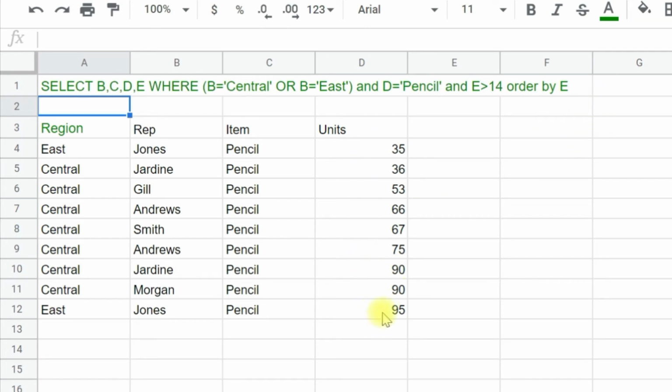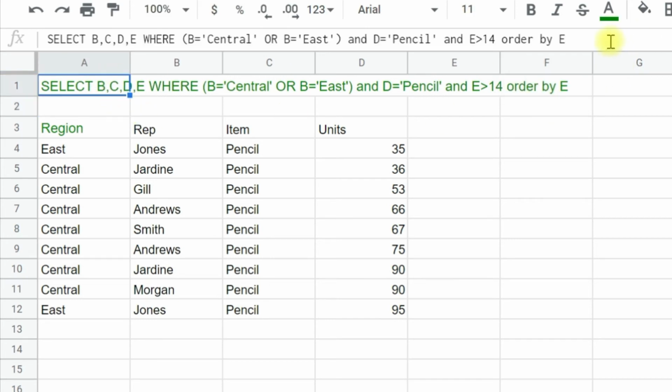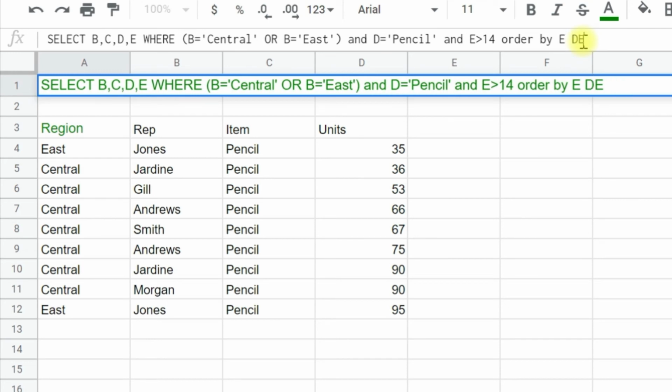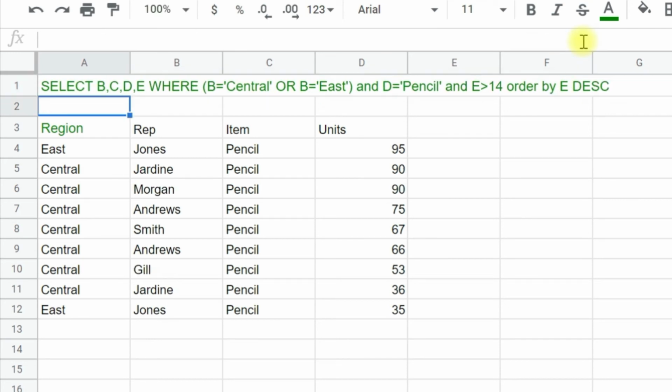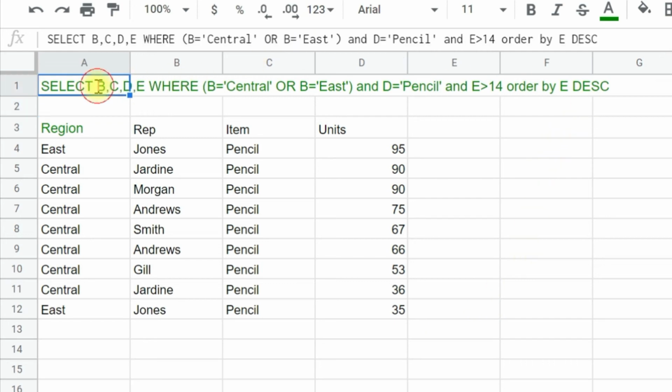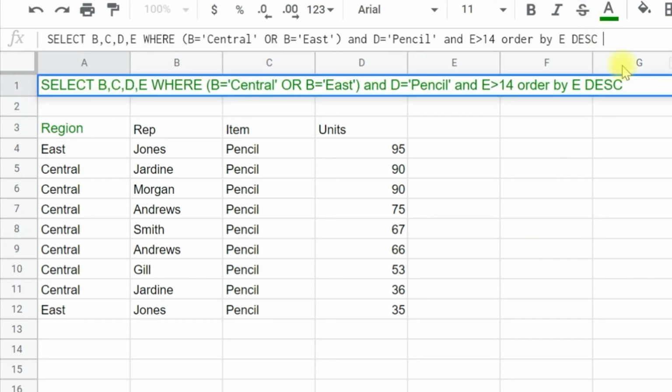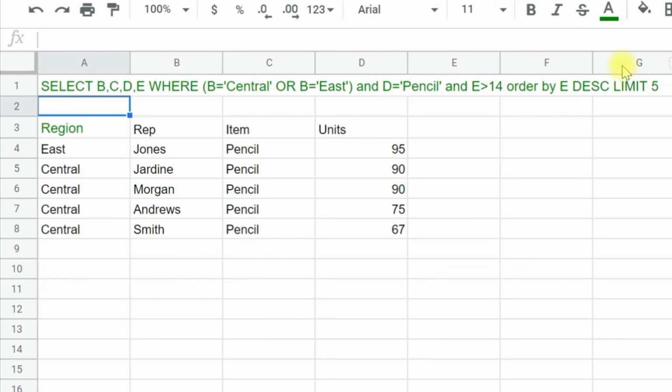Now let's say I want to arrange it in decreasing order. So we have to write DESC to arrange it in decreasing order. Now you can see the data is arranged automatically in decreasing order from highest to lowest, so you can know which units made the highest sale and which the lowest.